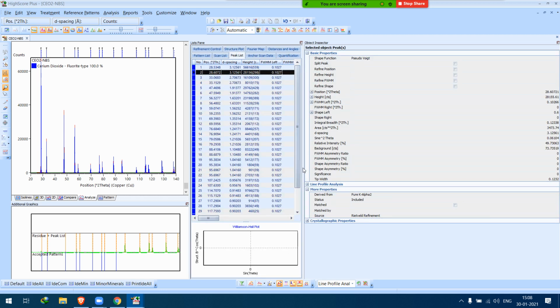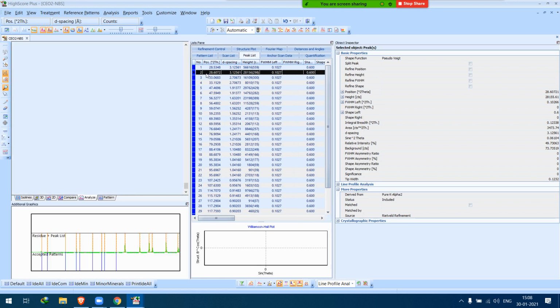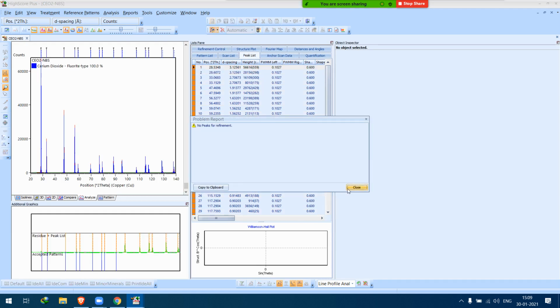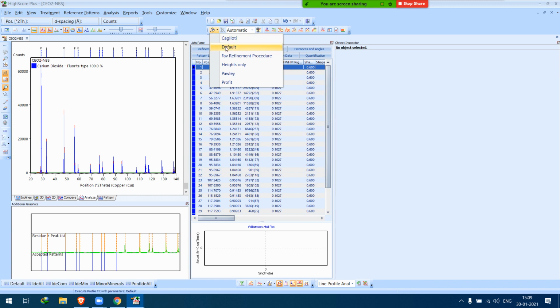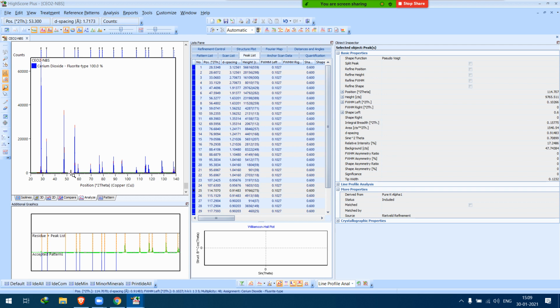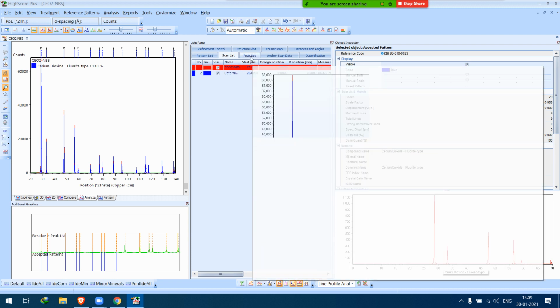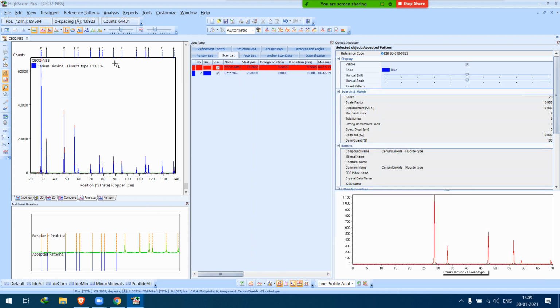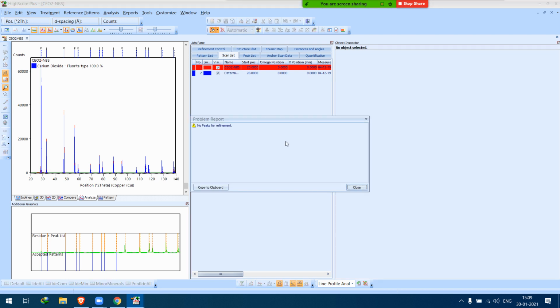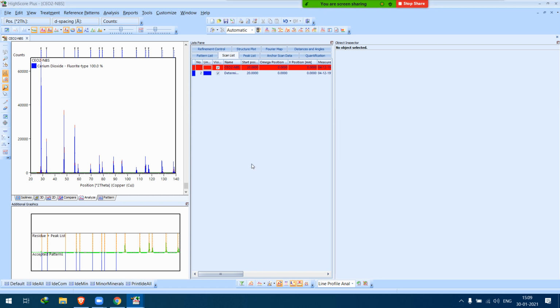The peak list is there. That's weird. This is cerium oxide, everything is there. Let me start it again. I don't know why it's not behaving like this.